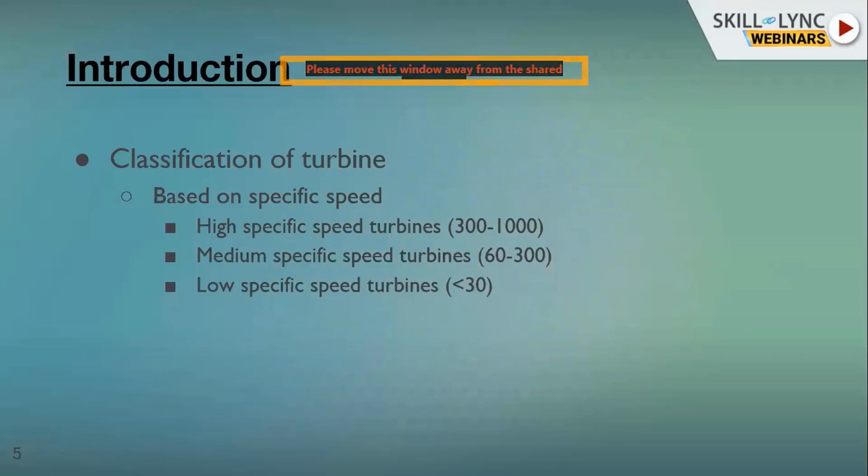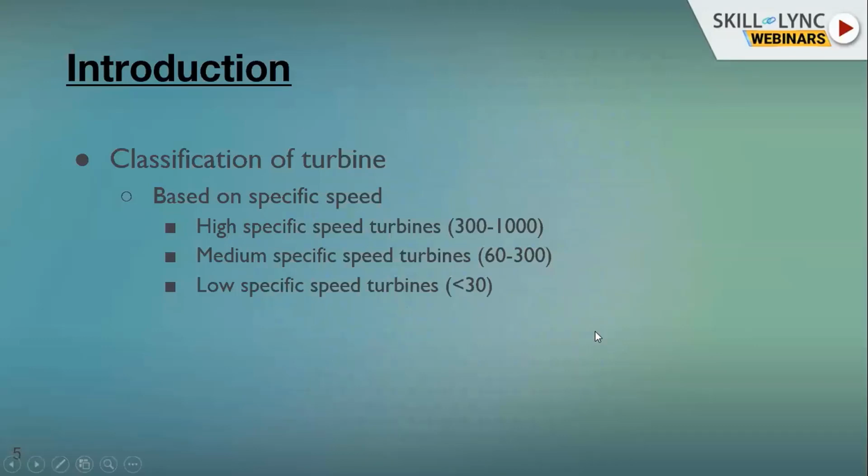Okay, so what do you understand by specific speed? It is the speed with which the turbine runs in order to develop a unit power within a given unit head. For example, you can take a dam, with the height you are sending the water from, the rotation of the shaft takes place, and due to that rotation it generates this speed. That speed is in terms of RPM, and that terminology, through a particular head and a particular speed, is termed specific speed.